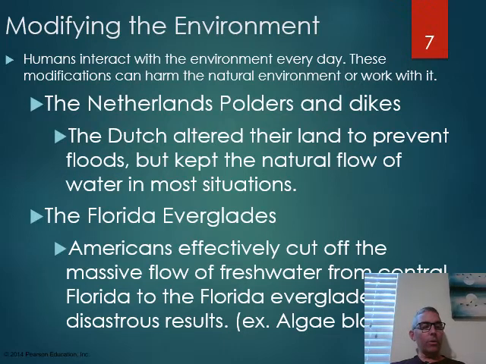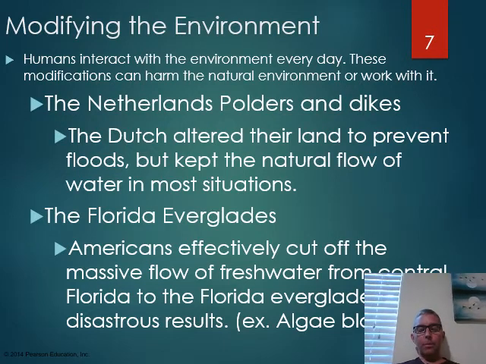Now, lastly, when you read your textbook and you get to key issue 4, it gives out lots of examples of humans interacting with and modifying their environment. A common one that you'll read about that's used in geography is the Netherlands. So the Netherlands is a country in Northern Europe. If you've heard of the Dutch before, the Dutch are people from the Netherlands. If you've heard of Holland, Holland is a region within the Netherlands. Big city there's Amsterdam, you probably heard of.